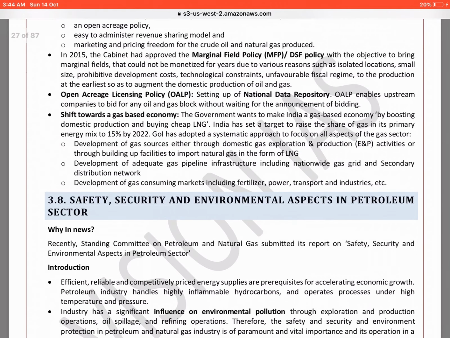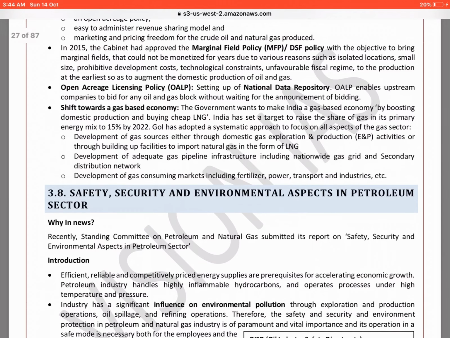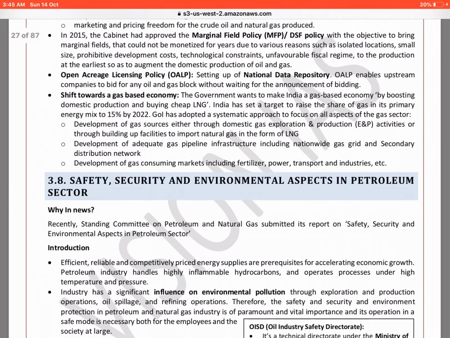A very important thing is that the cabinet has approved the marginal field policy, or DSF policy. Marginal means small. So even small fields that could not be monetized earlier, which were isolated in location, small in size, or had prohibitive development cost or technology constraints, can now be used for domestic oil and gas production. These small or isolated fields, which were earlier not used, are now able to augment domestic production